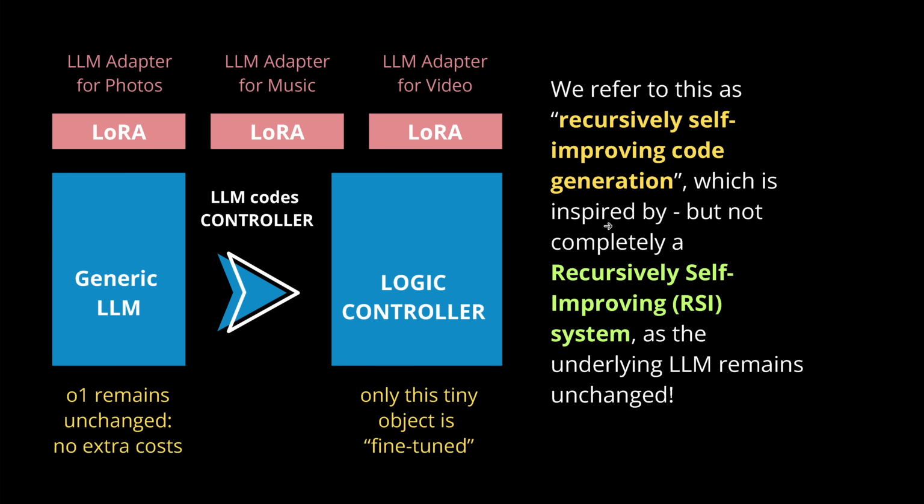Now, why is this so beautiful? Microsoft likes this, or the profit-oriented OpenAI company likes this, because you have to do nothing to the generic LLM. You do not have to fine-tune this LLM. This is cost-effective. So this generic LLM remains unchanged. There are no extra costs. Why? For the specific task, we just put our adapters on top of this generic LLM, and we have the performance. And for all the prompt engineering and code optimization and everything that runs, if you want, at this intelligence shield in front of your LLM,